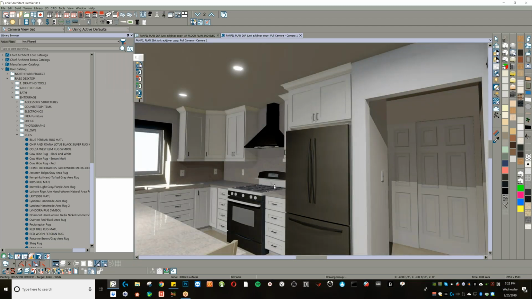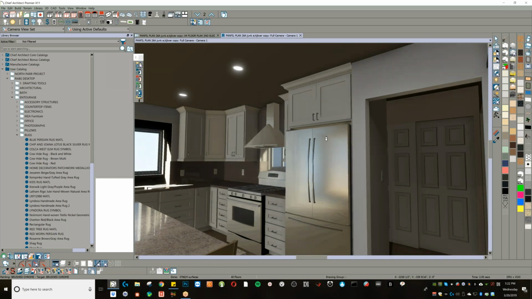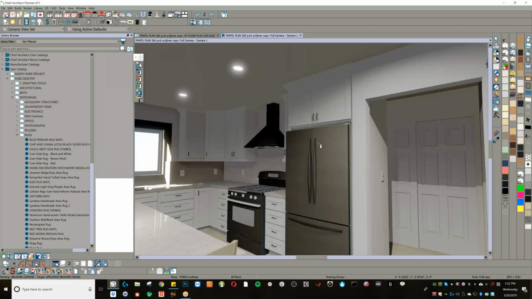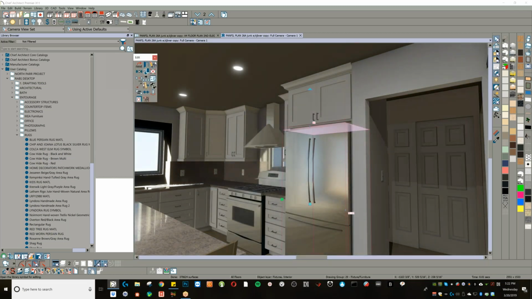Not at all. Well, if you take it up too far, anytime you're getting over about 100 degrees of smoothing angle, a lot of times you'll start seeing the faces and vertices of the item. But you can see that in the preview of the symbol dialog. So if we go back and open this up again,